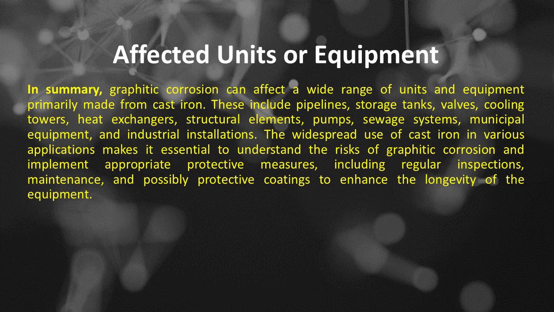These include pipelines, storage tanks, valves, cooling towers, heat exchangers, structural elements, pumps, sewage systems, municipal equipment, and industrial installations. The widespread use of cast iron in various applications makes it essential to understand the risks of graphitic corrosion and implement appropriate protective measures, including regular inspections, maintenance,